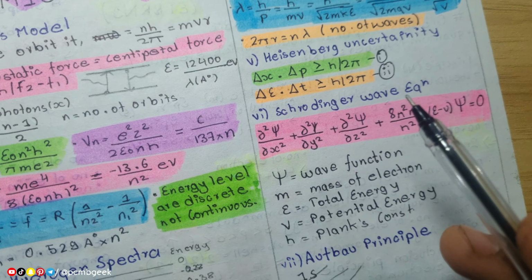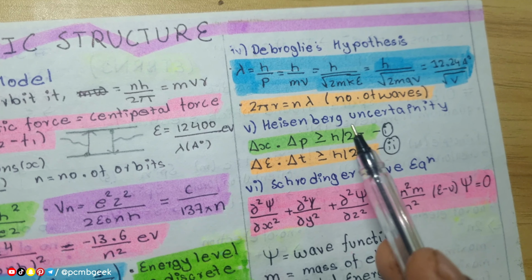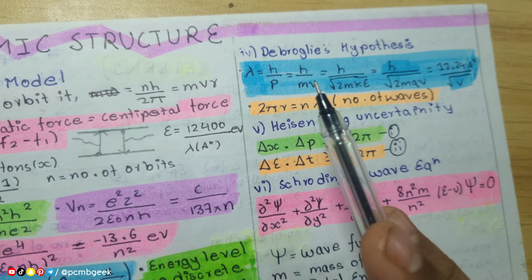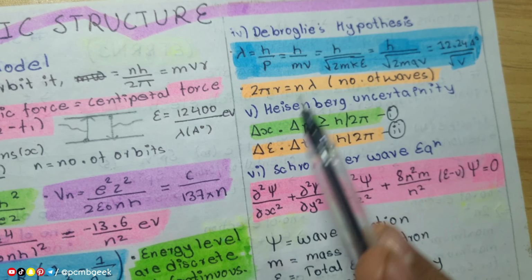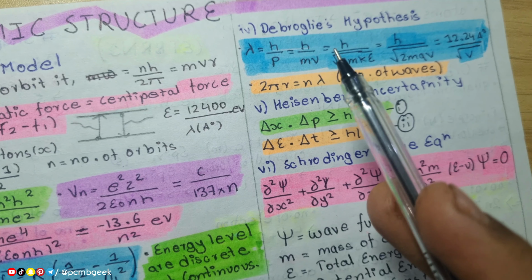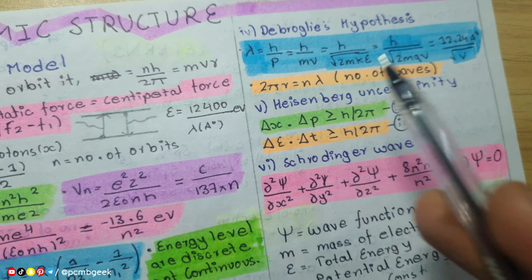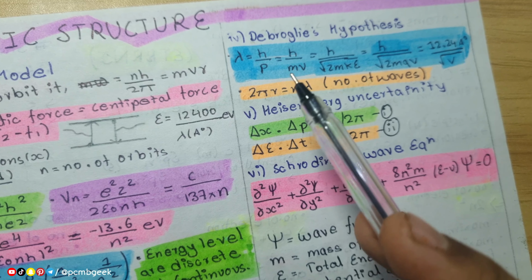That is the quantum mechanical model of the atom. The formulation of the quantum mechanical model of the atom was based on two major concepts: the dual nature of material objects, by de Broglie's hypothesis, and the Heisenberg uncertainty principle. In 1924, de Broglie proposed that matter acts as both particle and wave. According to de Broglie,